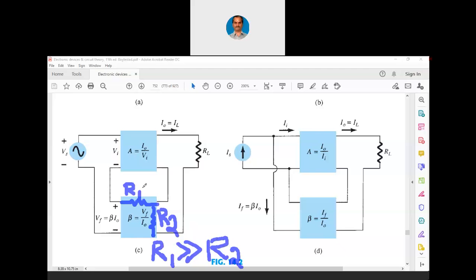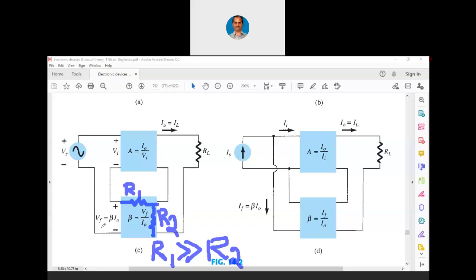Why R1 has to be greater? Because a small portion of the output only is going back to the input. That way we have this feedback network. Now through this R2, we are sampling the output current and then we are giving it back to the input. This is how we sample current. So you can see this loop. At the output side, you can see this loop. There is this current